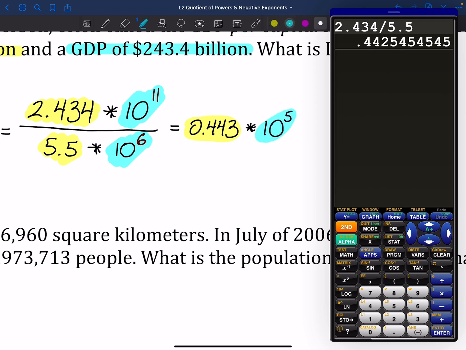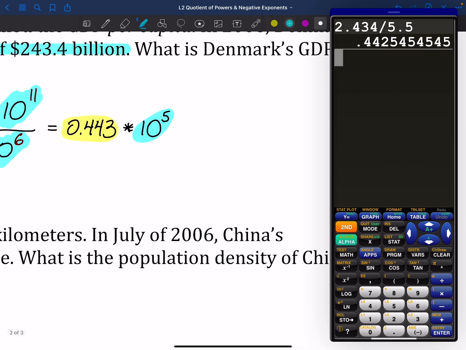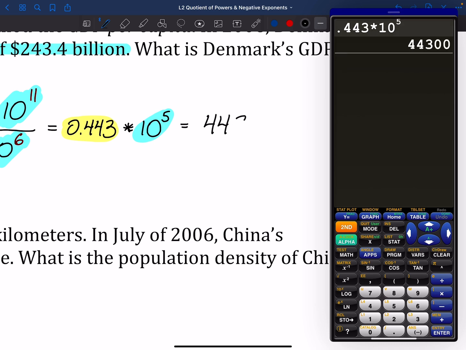Right? So from here, what we can do is, again, calculator is going to be helpful to us. There are two different ways we could approach getting our final answer for this. We could do 0.443 times 10 to the 5th power, right? That's going to give me 44,300,